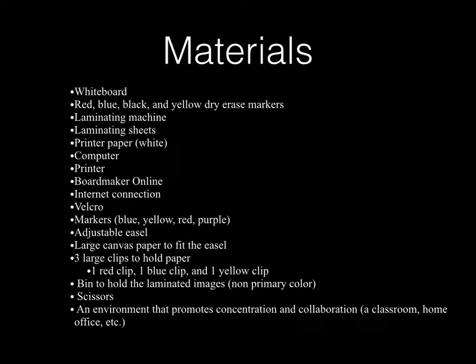A number of materials are required for this lesson, and these include a whiteboard, red, blue, black, and yellow dry erase markers, a laminating machine, laminating sheets, white printer paper, a computer, a printer, Boardmaker Online, which requires an internet connection, Velcro, markers that are blue, yellow, red, and purple, and these don't have to be dry erase, an adjustable easel, a large canvas paper roll to fit on the easel, and 3 large clips to hold the paper onto the easel, one red, one blue, and one yellow clip, and a bin to hold the laminated images,